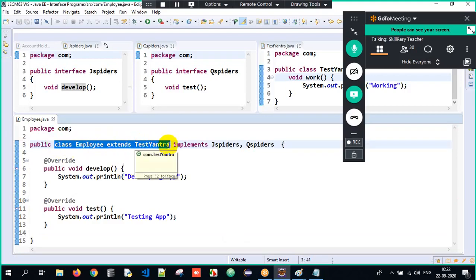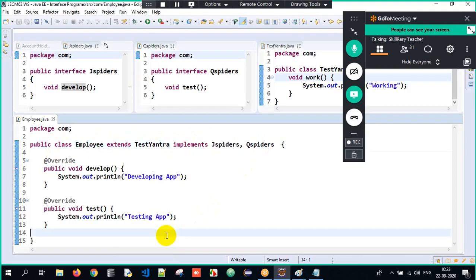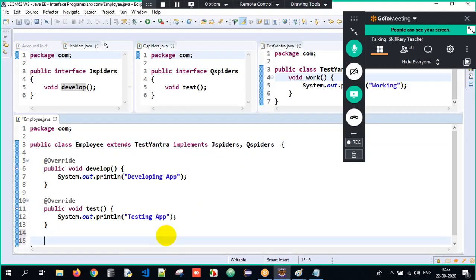A class can extend another class and implement any number of interfaces. Got it? But a class cannot extend multiple classes. Why? Multiple inheritance is not supported. Got it? So here, if you want, you can optionally override the work method.